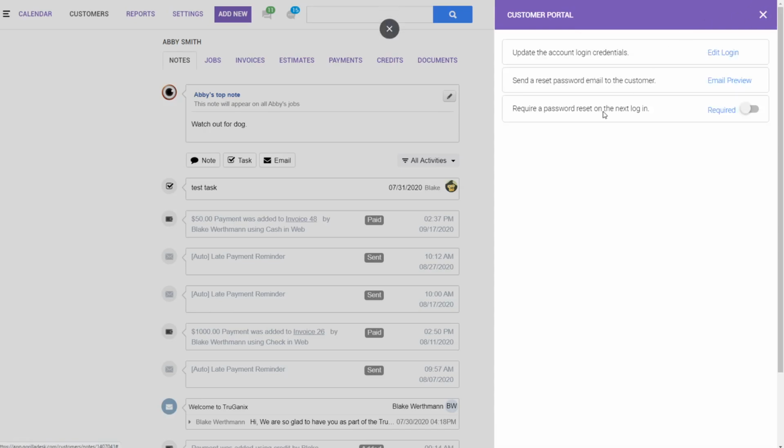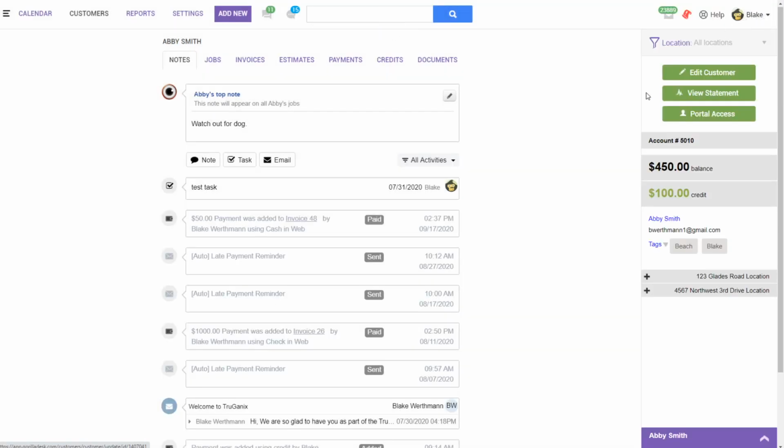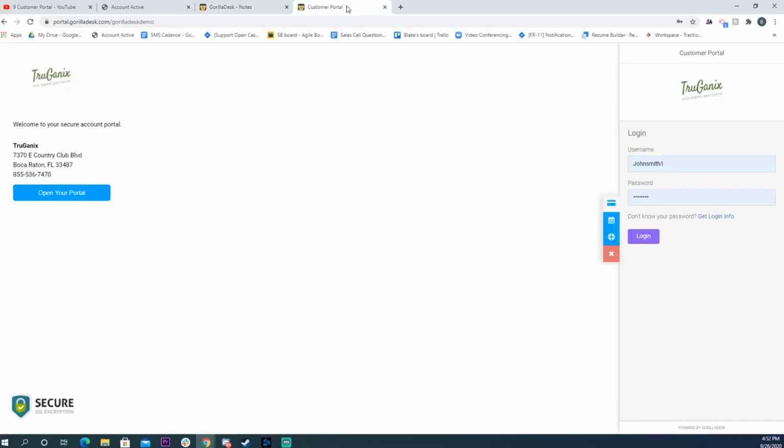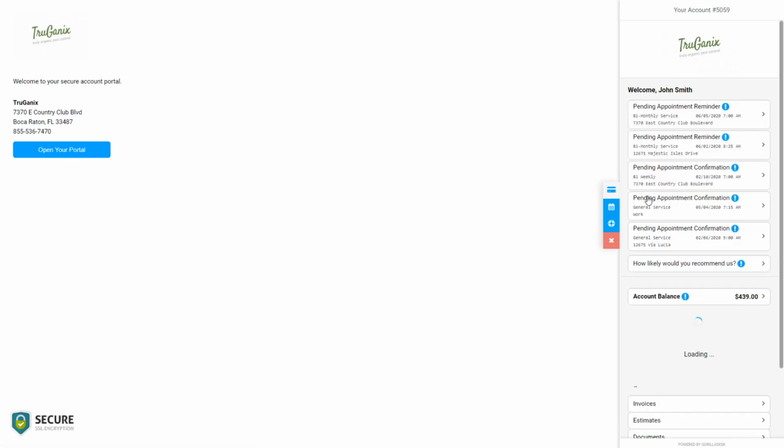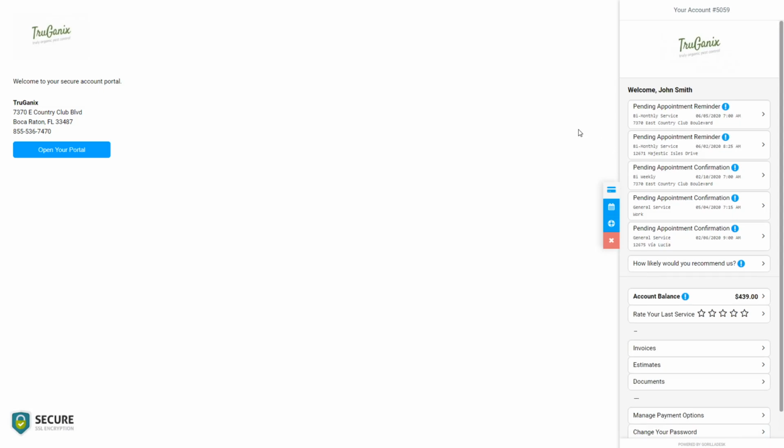Okay? So now let's take a look at the customer portal from your customer's perspective. And I happen to have it open over here. Now, again, if you have the link in your emails, it'll automatically log your customer in. However, if not, this is where they would log in. So we're going to be using John Smith's customer account. Okay, so once they're in the portal, at the very top, they can see any pending appointment confirmations or reminders,